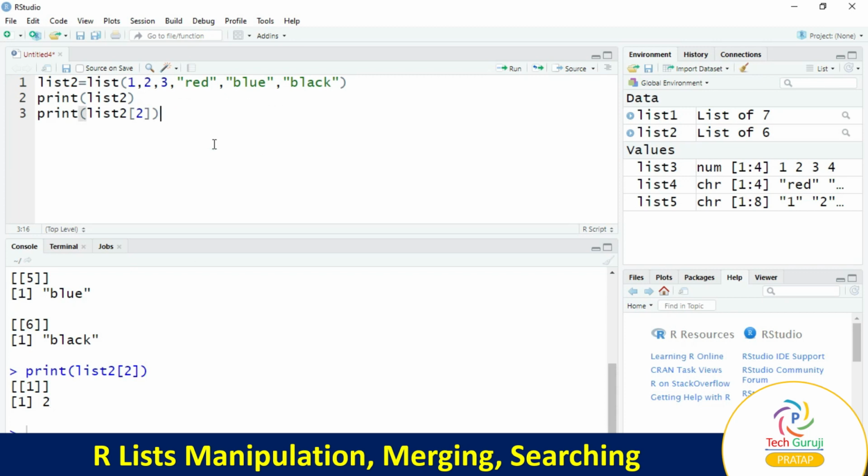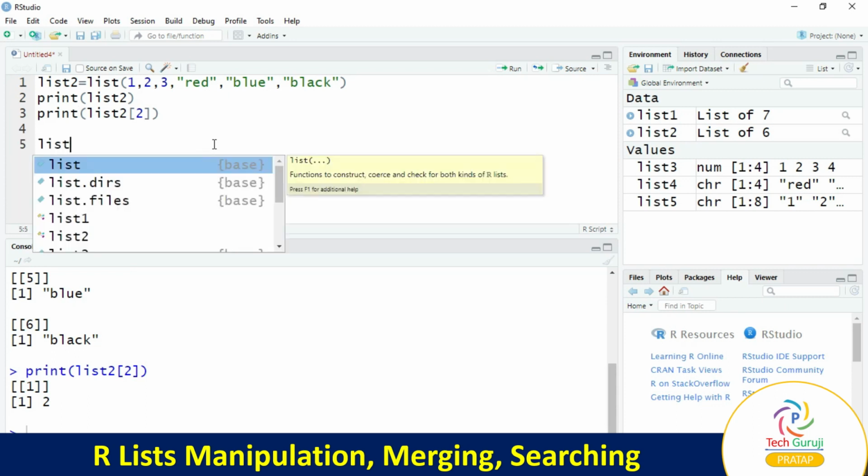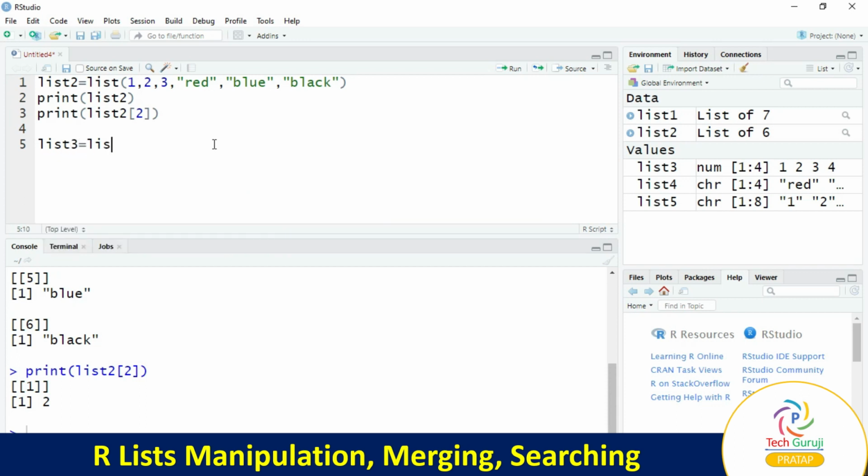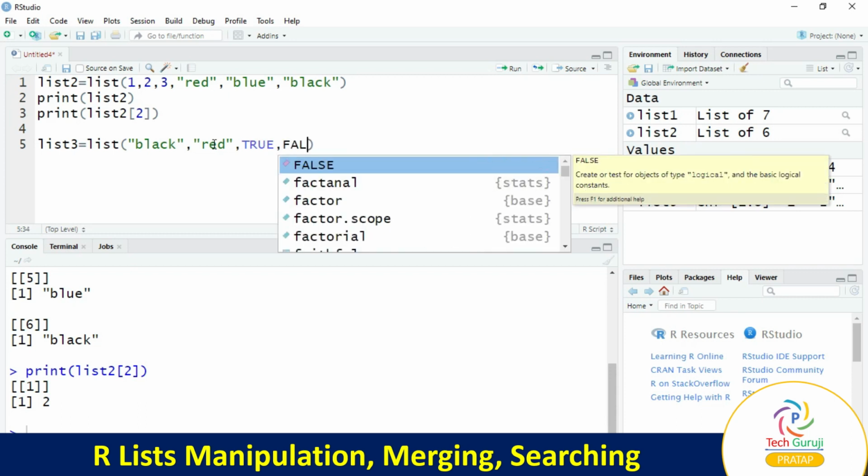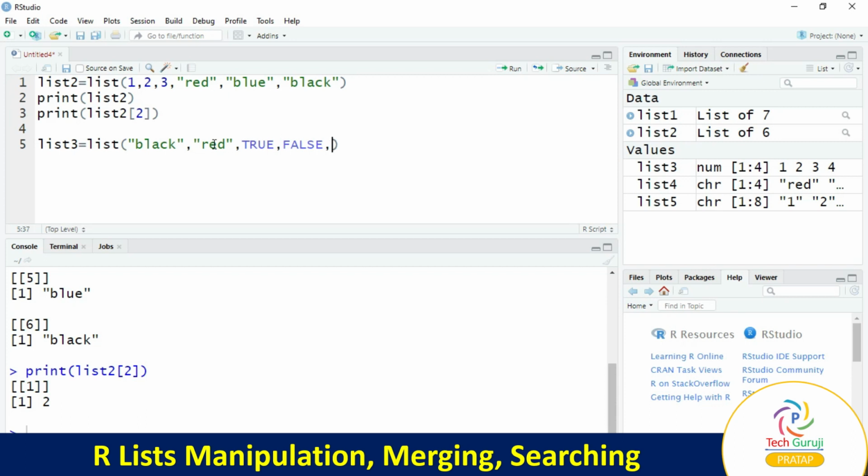We can take a matrix within the list. So we'll take another example. List3 is equal to, we'll take the function list. After that we'll take one string, black, another string, red, comma, we can take a boolean value, TRUE, FALSE in capitals, comma, we'll take a matrix.